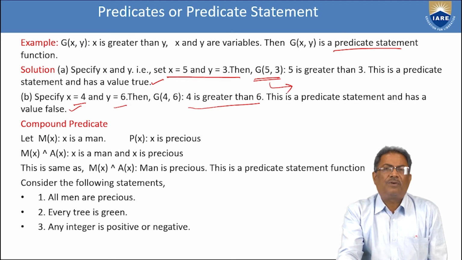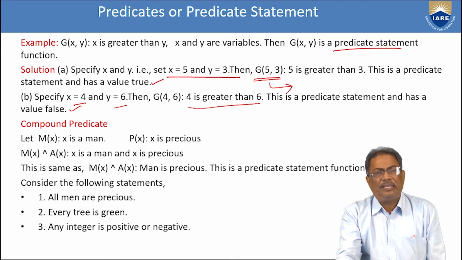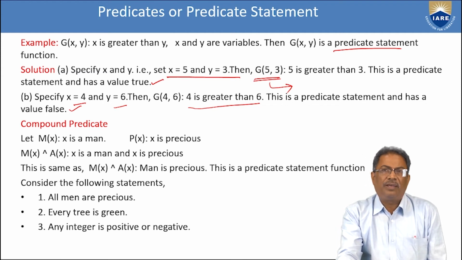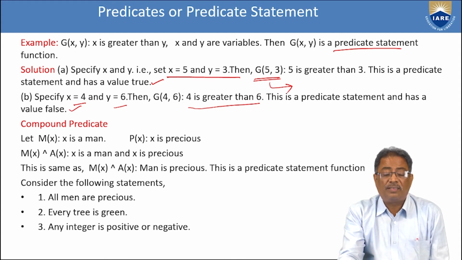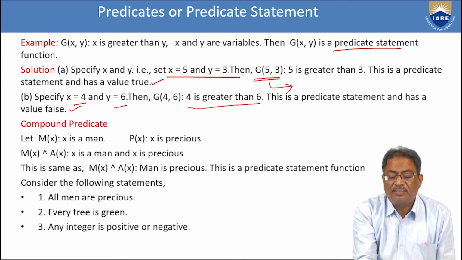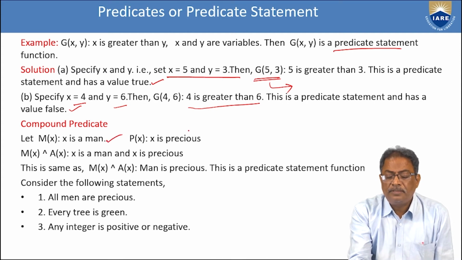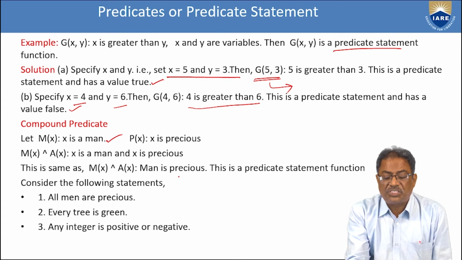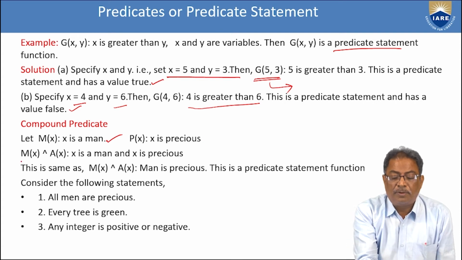And of course, earlier we took the objects and combined them. In a similar way, we are going to consider predicate statement functions and combine them. More than one predicate statement function is known as a compound predicate. M of x is x is a man. P of x is x is precious. Then the compound predicate